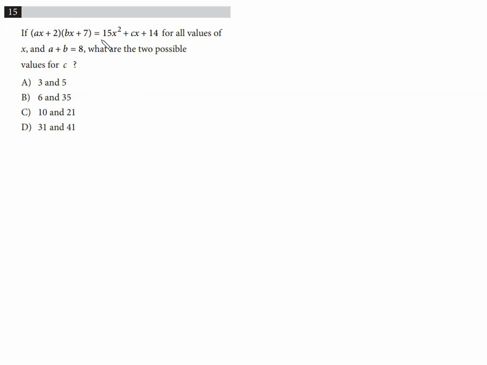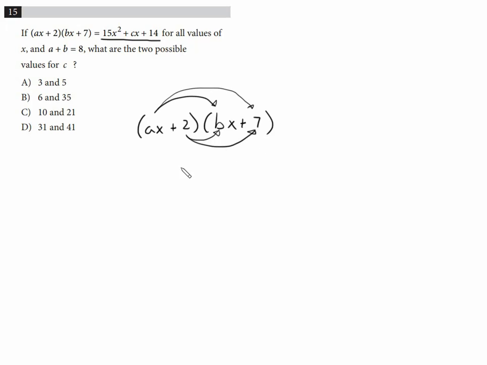So looking at this part of the expression, we have to realize that this is a quadratic equation and we're expanding a polynomial. So let's start with this first half: ax plus 2 times bx plus 7. And here again we have to expand a polynomial, which means multiplying ax and 2 across these. So we end up with